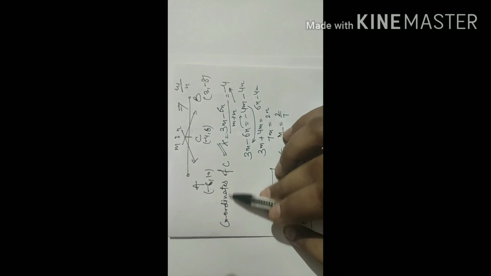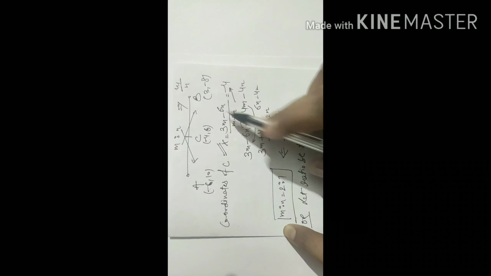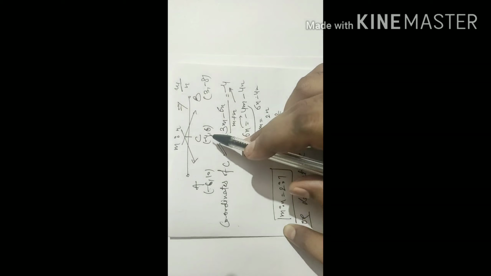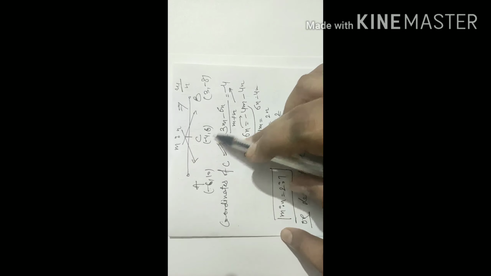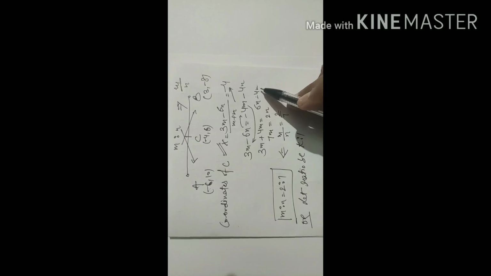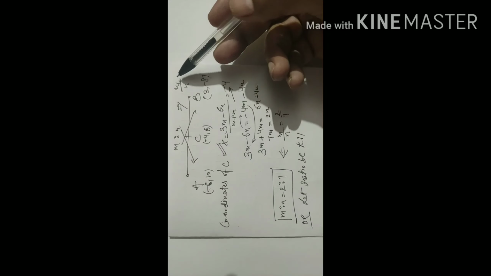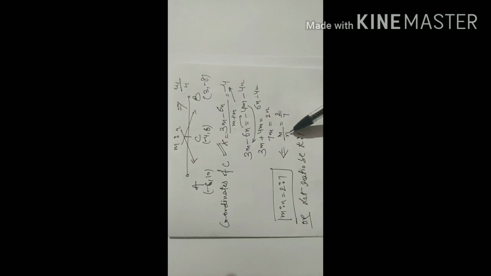By using section formula, we get the coordinates of point C. First of all, the x coordinate. We know the formula by cross multiplying: m multiplied by 3, n multiplied by minus 6, divided by the sum of the ratio, equated with the x coordinate of point C, minus 4. By cross multiplying, on the right hand side we get minus 4m minus 4n. Collecting the like terms, on the left hand side we get 3m plus 4m is equal to 6n minus 4n. So 7m is equal to 2n, because the ratio m:n means m divided by n. So we calculate m by n, and it comes out 2 by 7. So the ratio becomes 2:7.